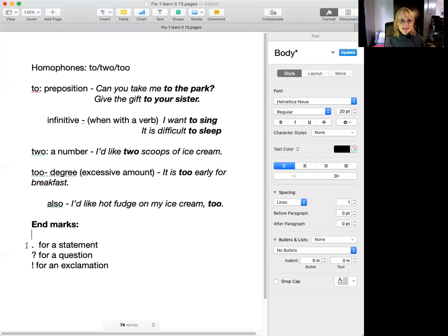So a period marks a statement. Nothing dramatic about it. It's just you're making a statement of fact, usually. A question mark, you use that at the end of a sentence that is posing a question. It needs an answer. So that's a question mark. And then if something is very exciting or dramatic, or someone's exclaiming, then you use an exclamation point for dramatic